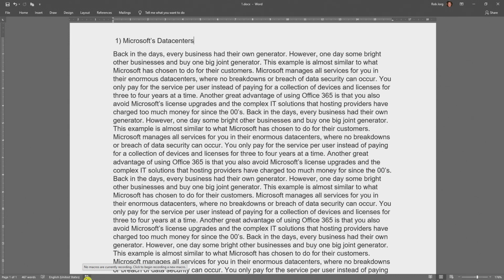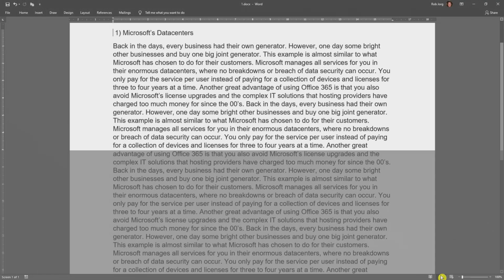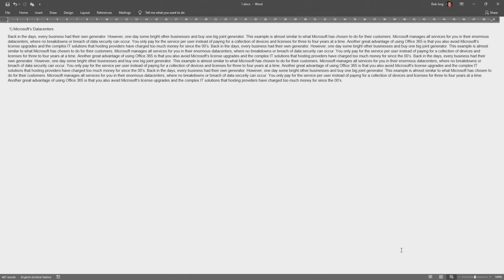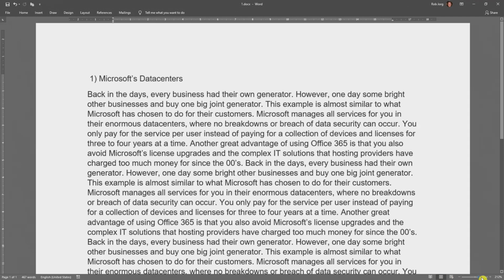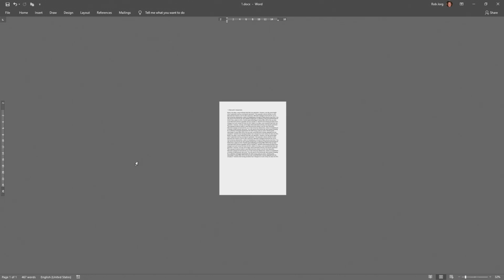And there are no macros. Over here you have the option to change to different modes, like read mode. This mode is the one I use. And this one, which I don't like. Over here you can zoom in or you can zoom out.